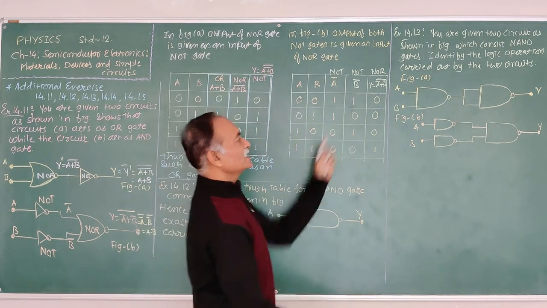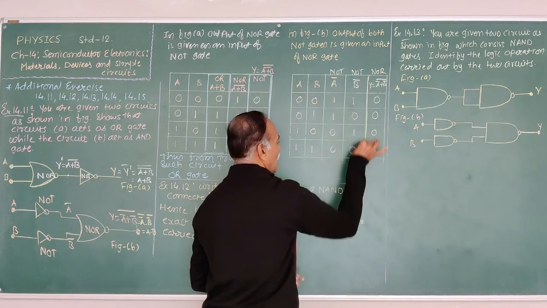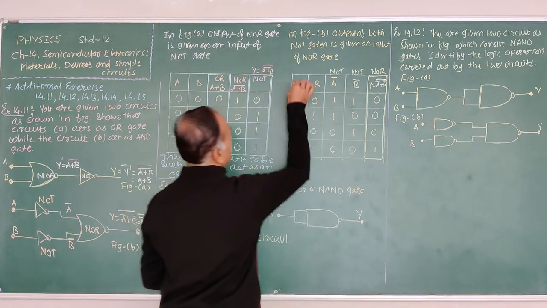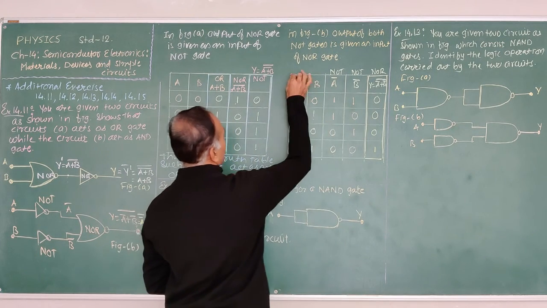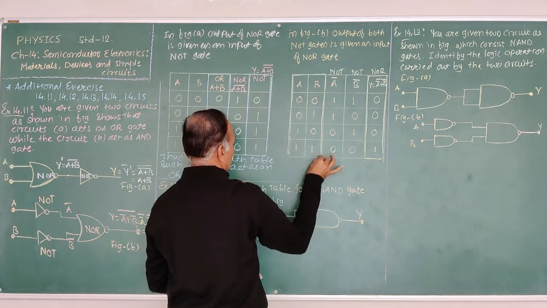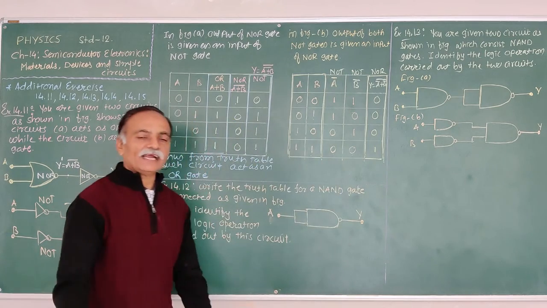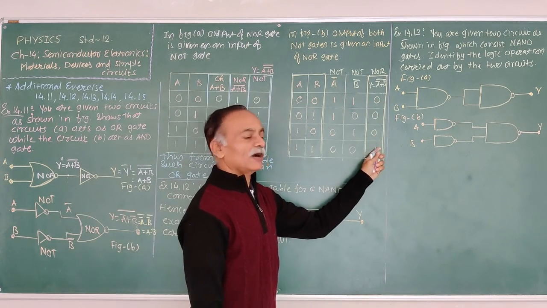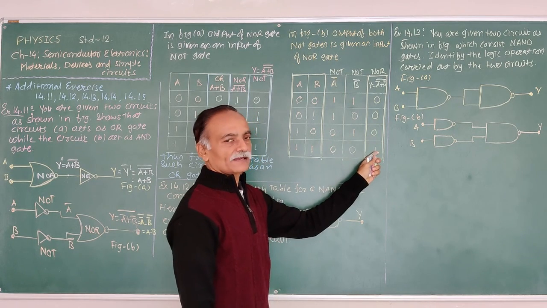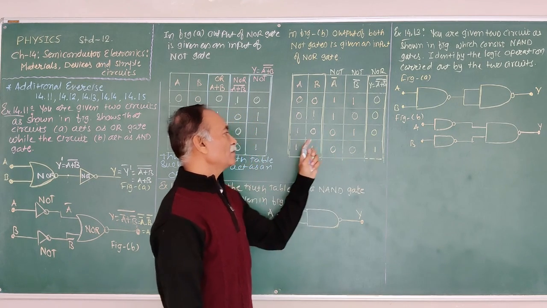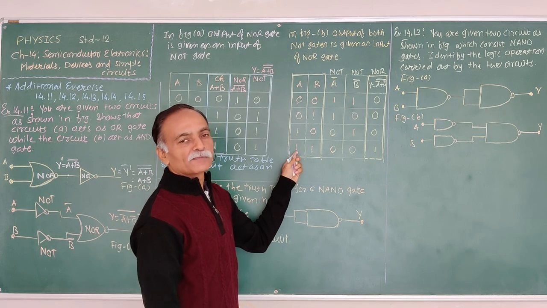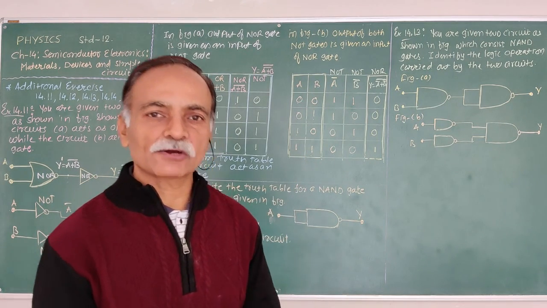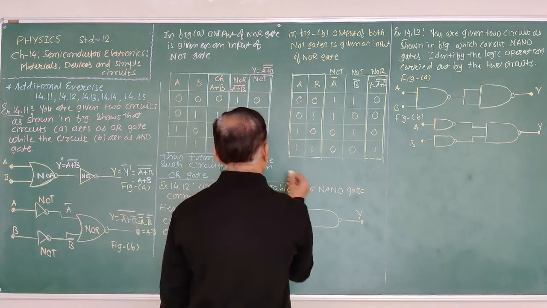Now the result from this truth table, the final output according to the initial inputs A and B: 1 is obtained when both inputs are 1. That is the characteristic of an AND gate. So from the truth table,